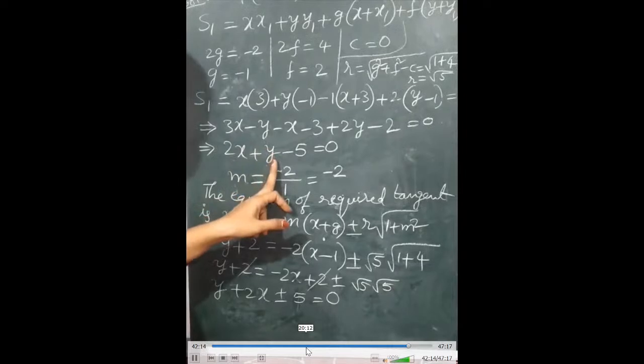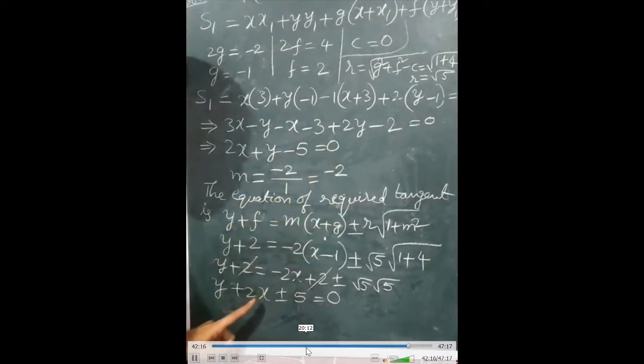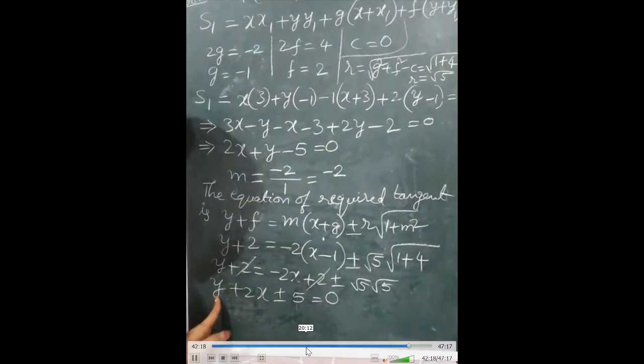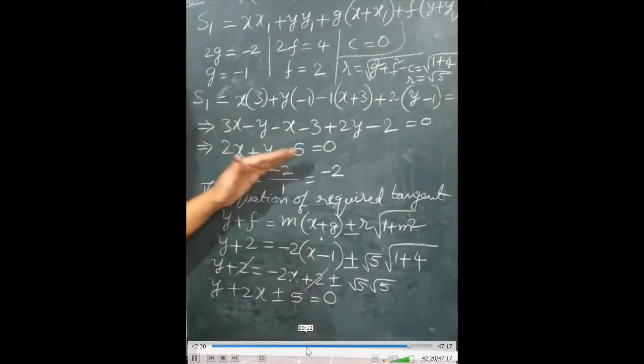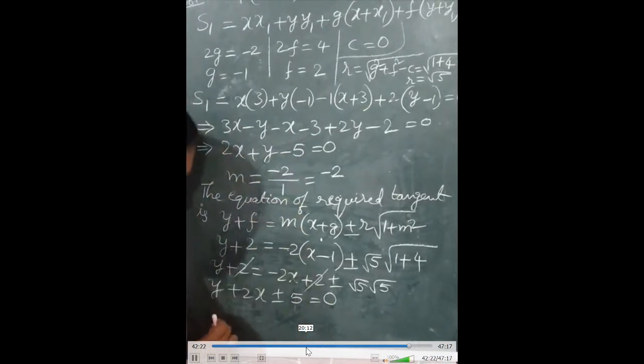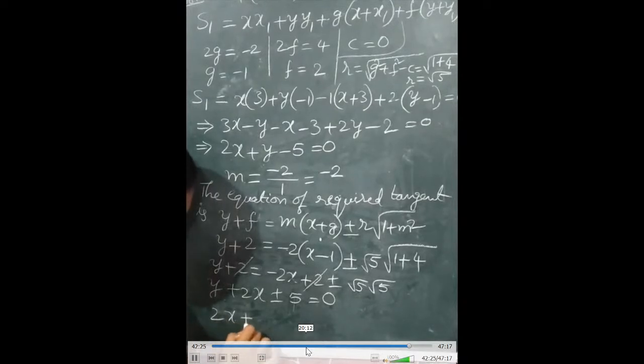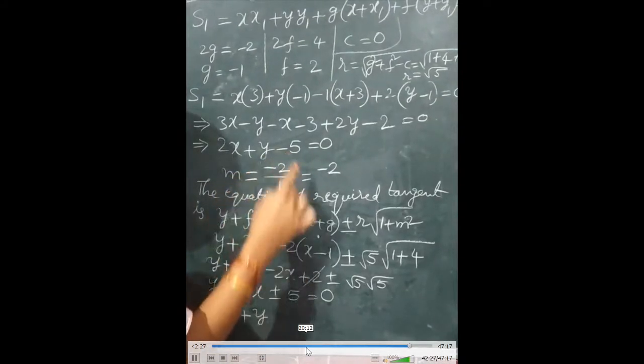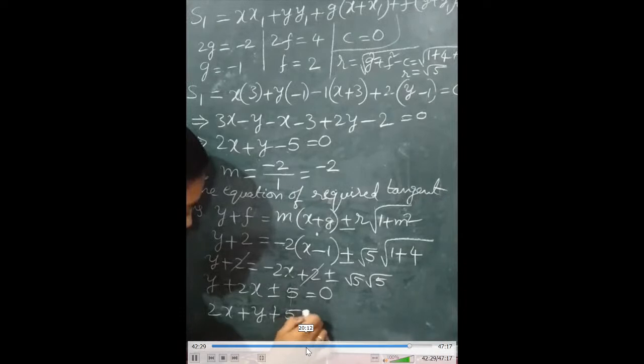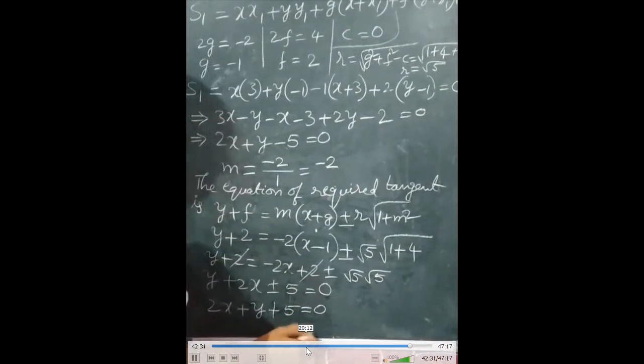2x plus y minus 5 is equal to 0. In this, 2x plus y minus 5 equal to 0. So another tangent equation is 2x plus y plus 5 is equal to 0. This is the answer. So students, we discussed